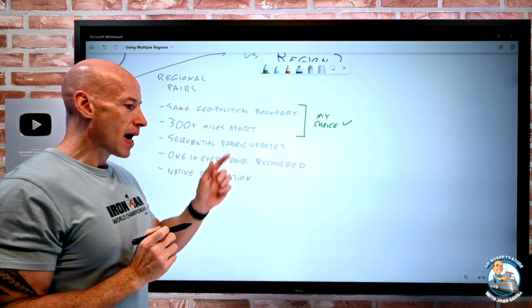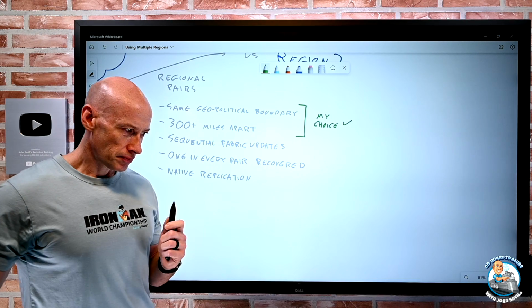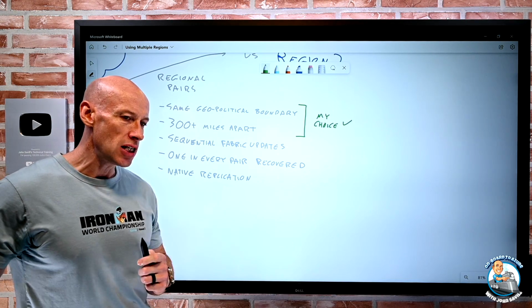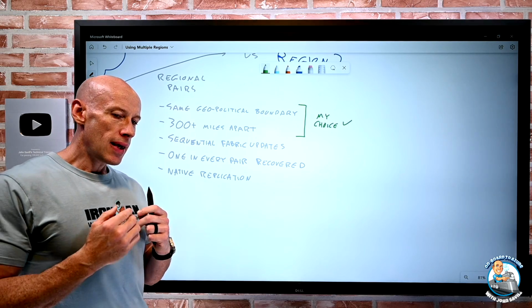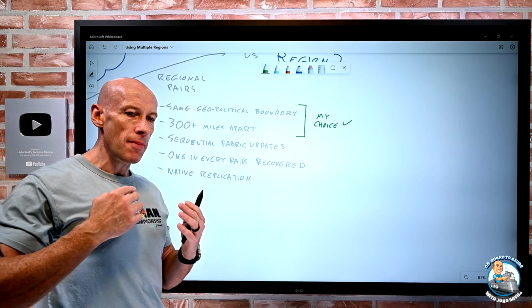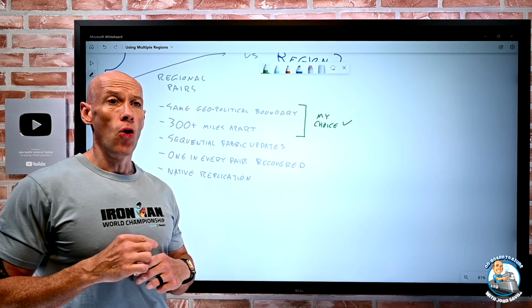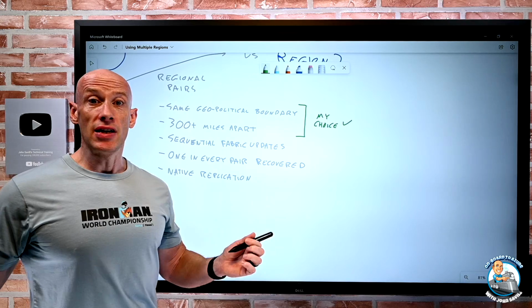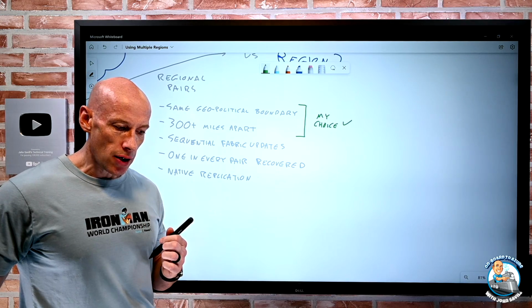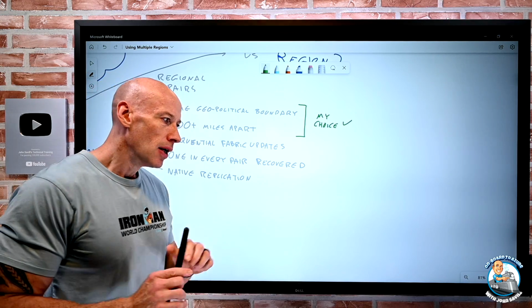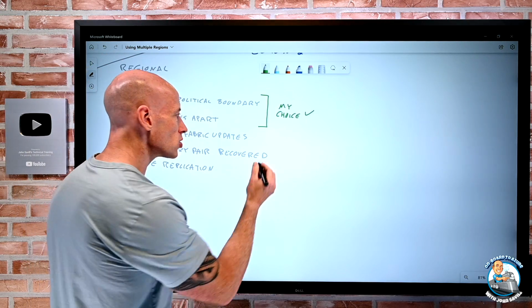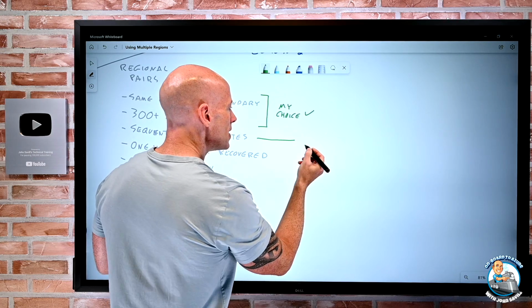Sequential fabric updates. Now that's a bigger deal. That idea that as Microsoft are rolling out changes, they won't hit both of the regions. Maybe I'm using active-active or active-passive at the same time. And that one is very difficult. There's really not a good answer to that. However, the reality is when I think about sequential fabric updates, what Microsoft actually do is they have this